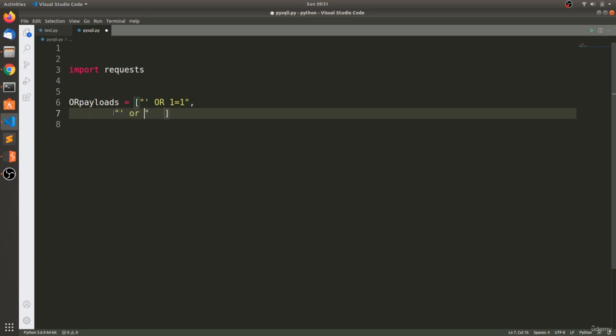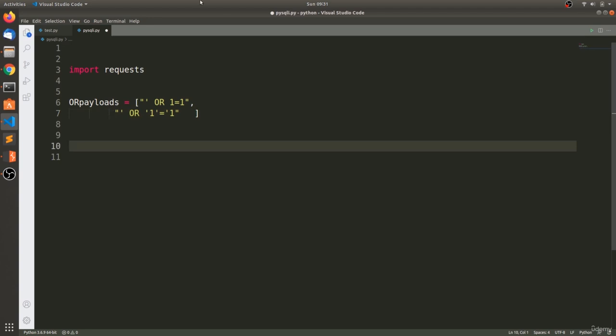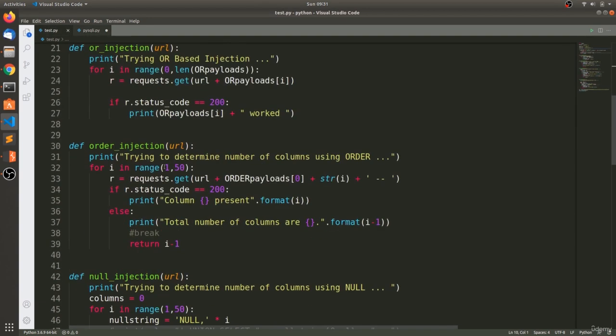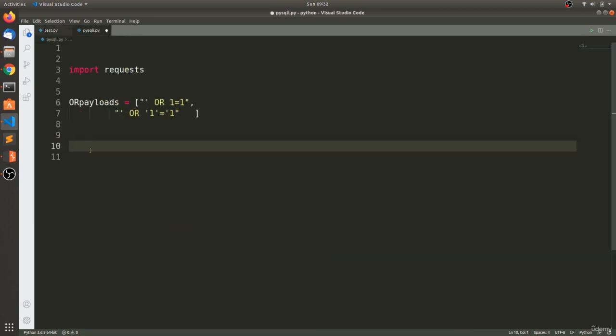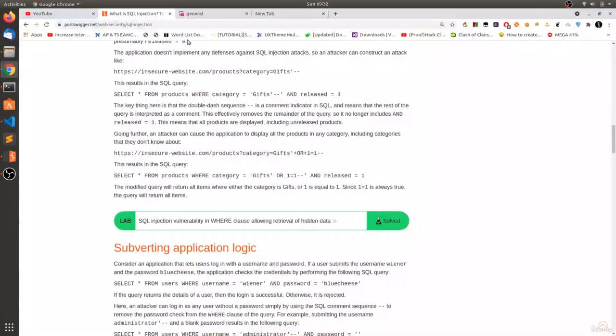And the next one is, so let me try these two OR payloads. So I have already written this script, and I also did it for the union based injections. So we'll be seeing that in the next videos. So okay, so let's